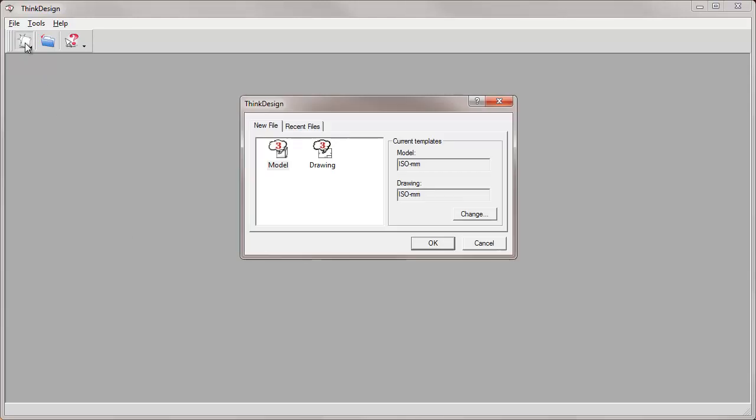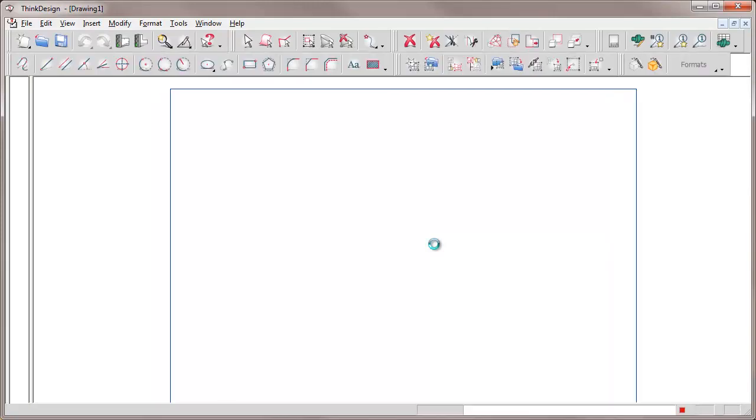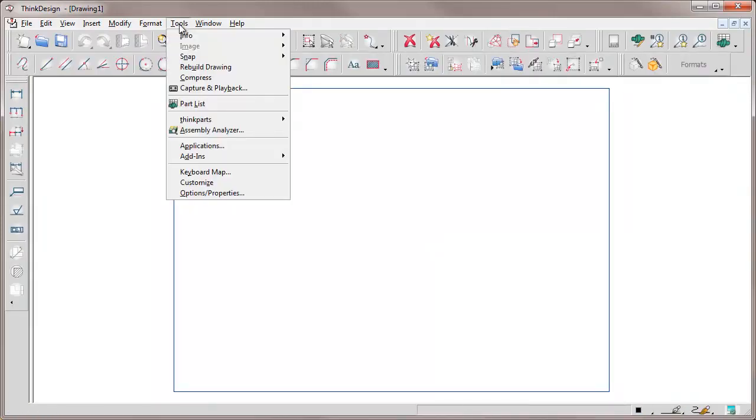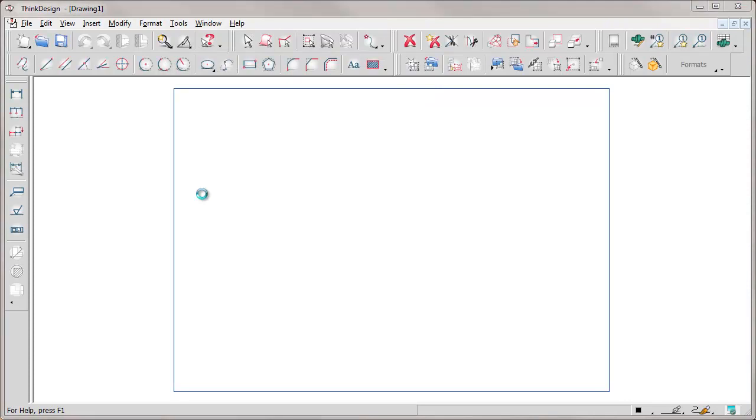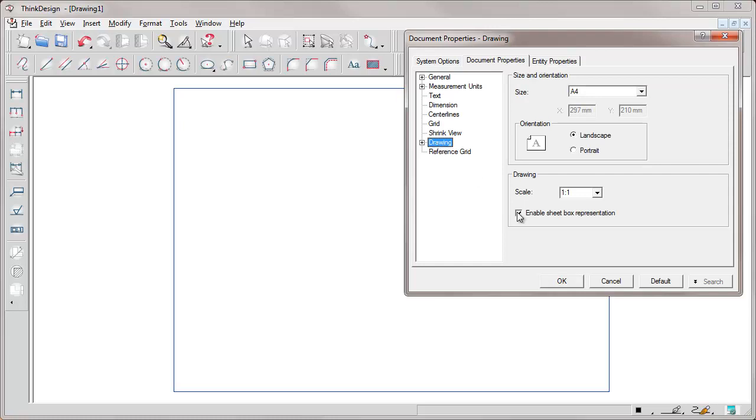This is a general introduction to Think Design. First of all, let's have a look at the commands of the drawing environment. For instance, we can disable the representation space of the sheet box representation, by going to Document Properties in Drawing